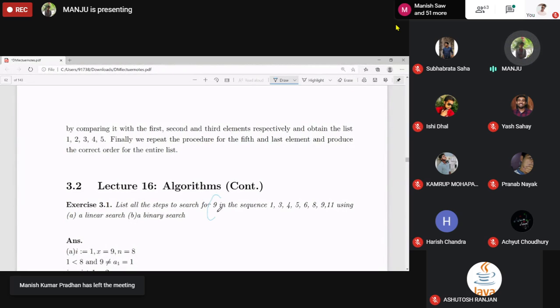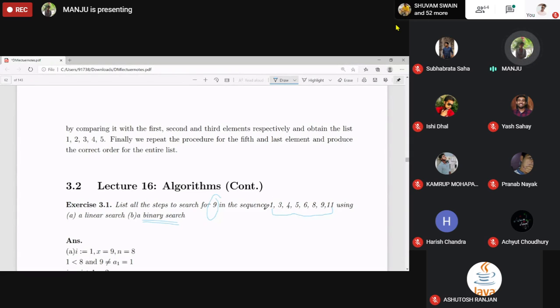The element 9, that is x, in the list A1, A2, A3, A4, A5, A6, A7, A8 using binary search. Okay, I'm giving you 2 minutes. Just write all the steps.